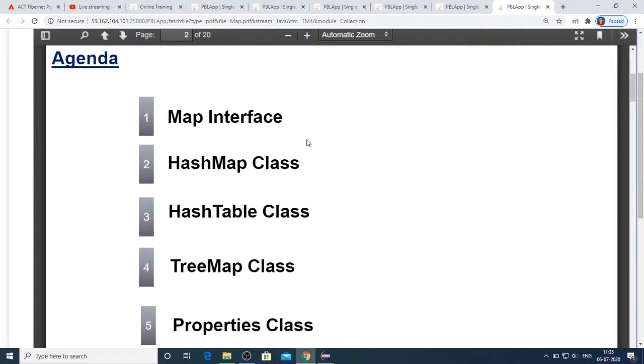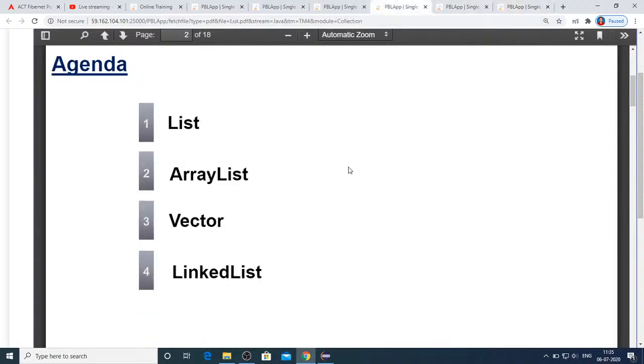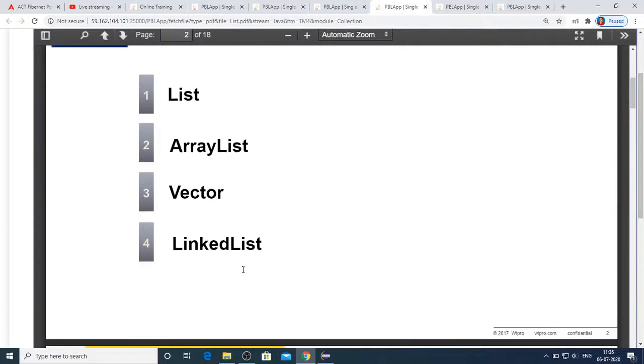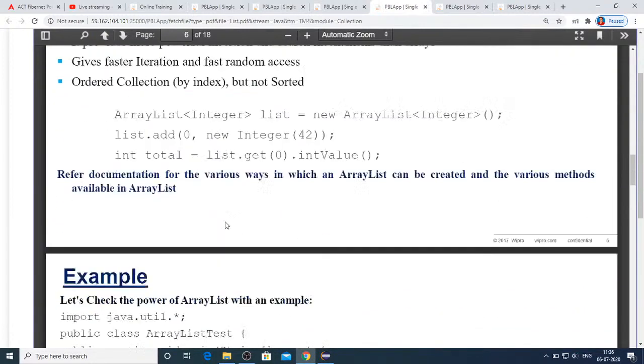Yeah, that's it with regard to this particular map. And list we have seen, array list we have seen, vector we have seen, linked list we have seen. So array list we use for storing collections, and it contains non-synchronized methods, and it's not a legacy class. Vector is a legacy implementation that's there since version 1.0, whereas array list we got only from version 1.2. And linked list we have seen, it's just like a linked fashion.